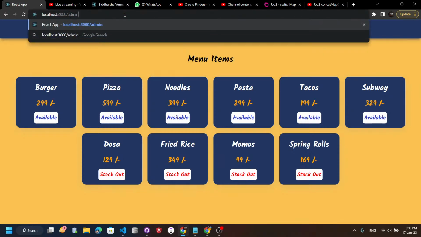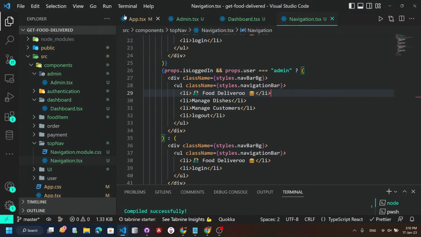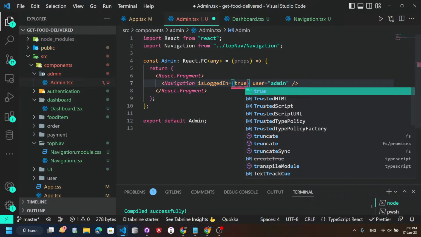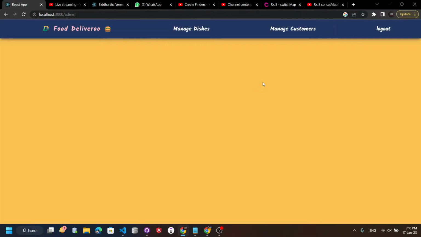तो मैं अगर इसको सेव करता हूँ और मैं अभी एडमिन में हूँ, मैं अभी यहाँ पे जाके अगर स्लैश करके एडमिन पे विजिट करना चाहूँ तो ये मेरा विजिट आ गया। और अगर मैं अभी अपने एडमिन पैनल पे यहाँ पे प्रॉपर्टी असाइन करूँ to true, तो अभी हम देखते हैं कि हमारा एडमिन का, हाँ, जैसा मुझे चाहिए था वैसा मुझे दिख रहा है। I can do a manage dish, I can do manage customers और I can just log out from this और मेरा वापस से चीजें सब सेटल हो जाएंगी।